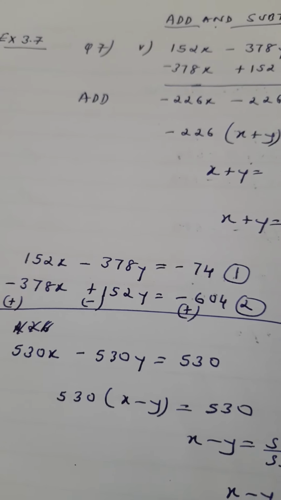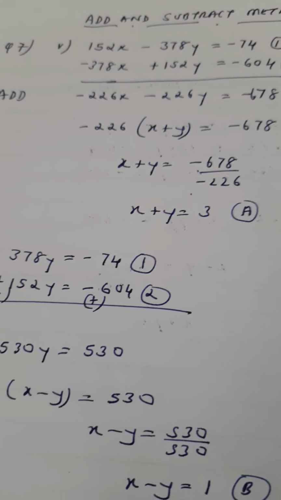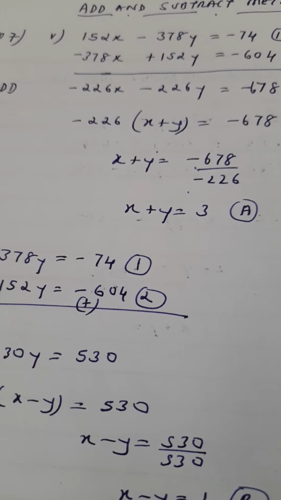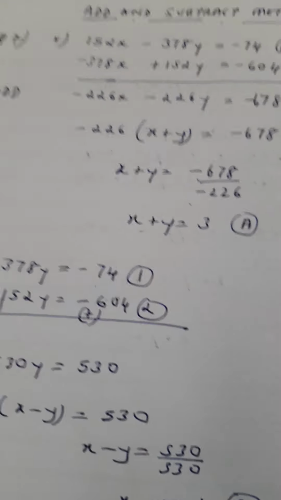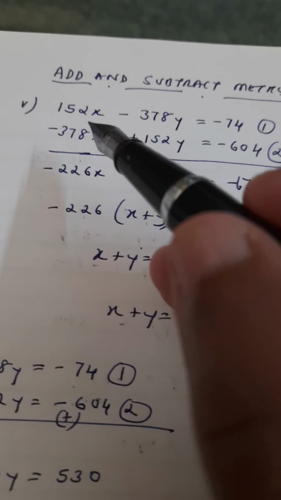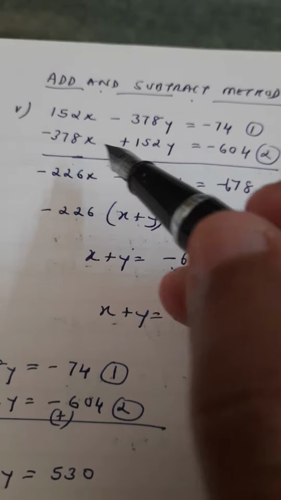3.7 question 7 part 5. Okay, mark this question is important. This is a very special question and there's only one question in the whole exercise, or in fact the whole linear equation, which is given like this. And this is a very special sum, and it also in fact came in the board exam this time. And those who are not aware of how to do this, they'll get stuck.